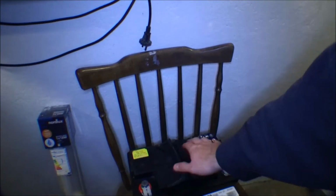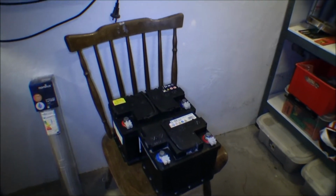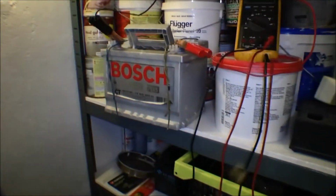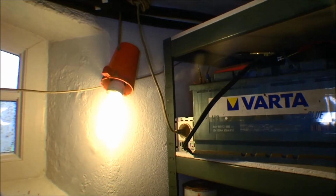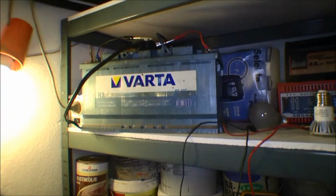These are both pretty good. They held up really good. I hope the Bosch battery is also very good. And then I just have to decide what to do with this one, if it's workable. It does produce power, like it's able to run a lamp, but there's not much